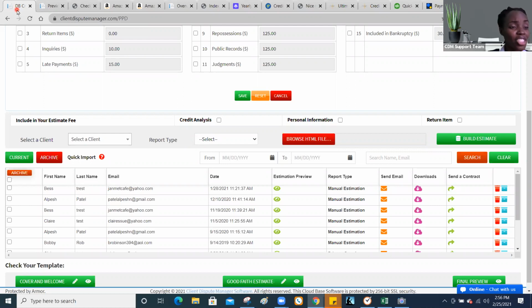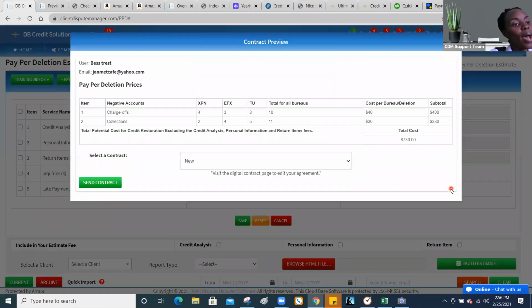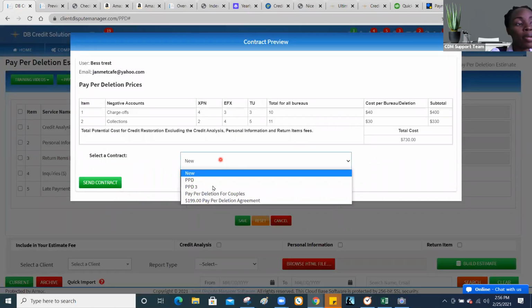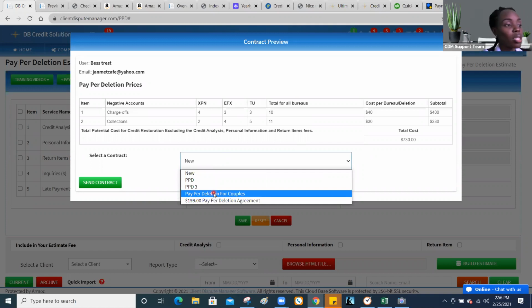But remember, we're not going to charge up front. So we have to be careful where that is concerned. We want to put it in our contract. But let's say they say, okay, I like it, go ahead and do your thing. You're going to go ahead and send them your pay per deletion contract, and then you start to do your